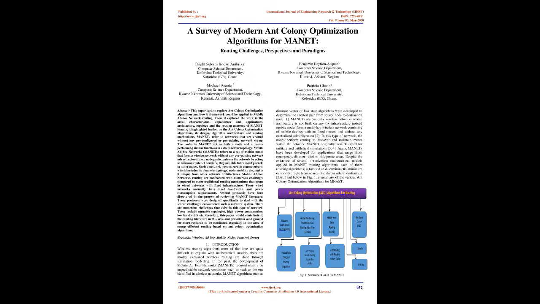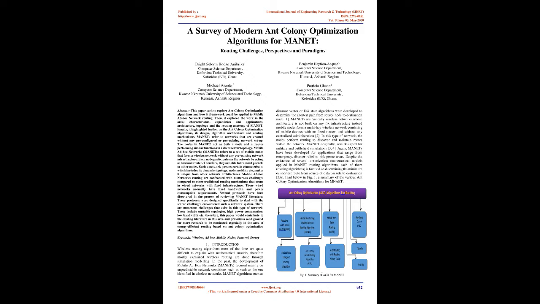1. Introduction. Wireless routing algorithms most of the time are quite difficult to explain with mathematical models. Therefore, wireless routing is mostly explained through simulation modeling. In the past, the development of mobile ad hoc networks, MANETs, focused mainly on unpredictable network conditions such as the ones identified in wireless networks. MANET algorithms such as distance vector or link state algorithms were developed to determine the shortest path from source node